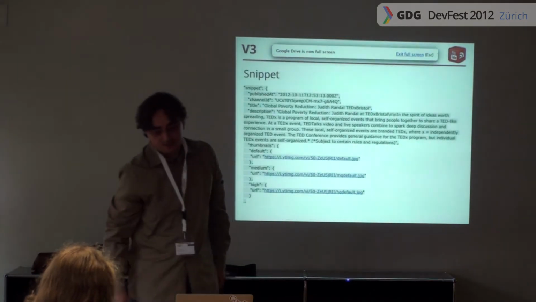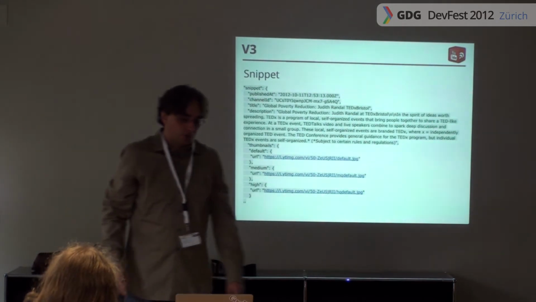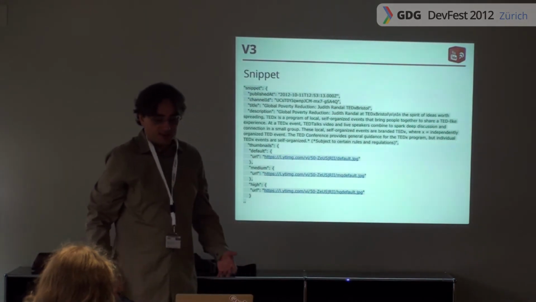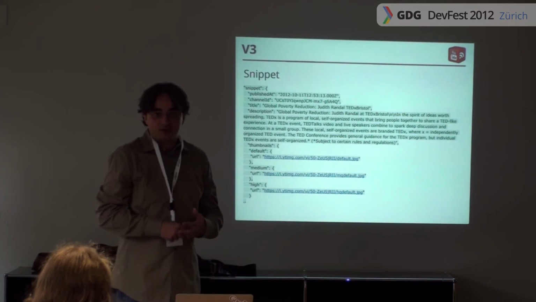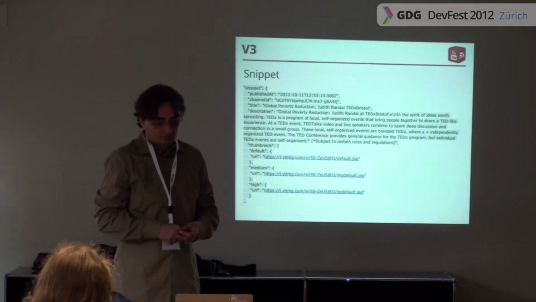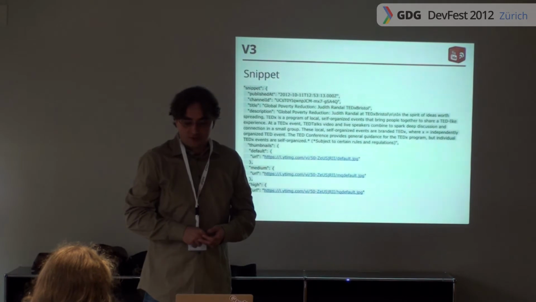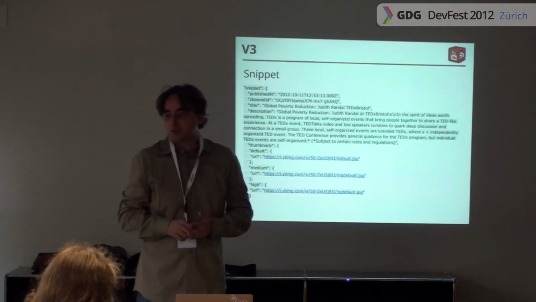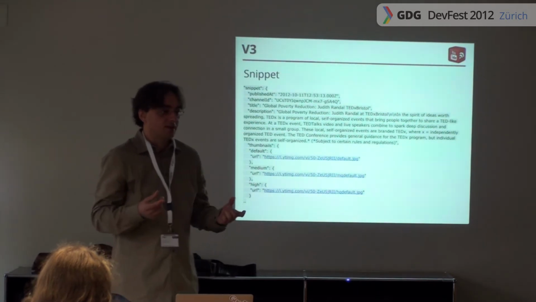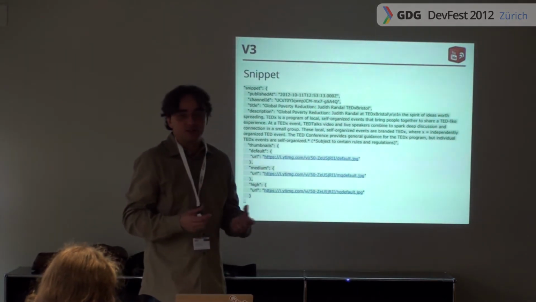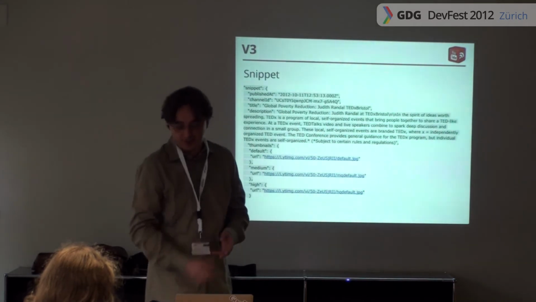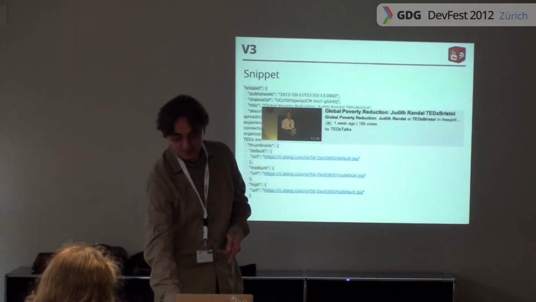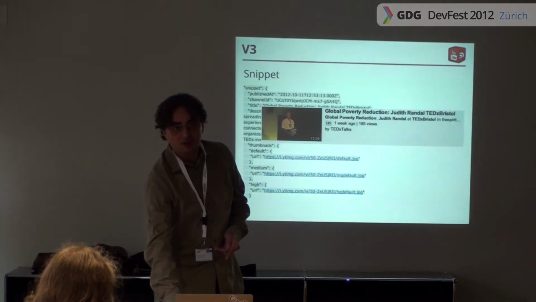So the snippet is what we intend to be basically a summary of the resource that you ask for. For a video, the idea is that the snippet will give you the information necessary to display this entity, and then if the user clicks on it and wants to know more, you can ask for more. But it enables you to do the basic representation of the entity. For instance, for a video, there's the thumbnail, the title, description, and a couple of other pieces of information.